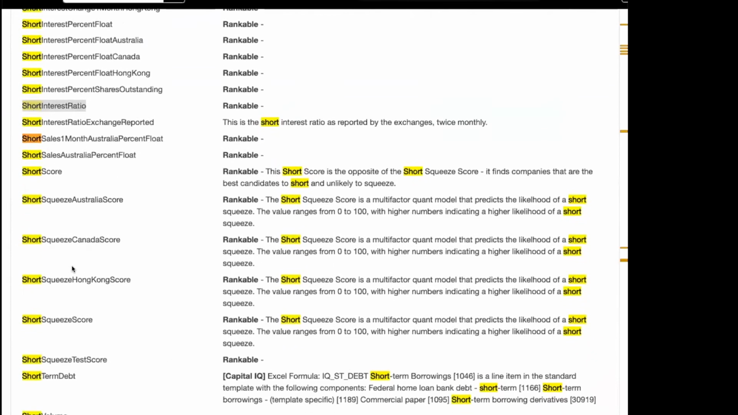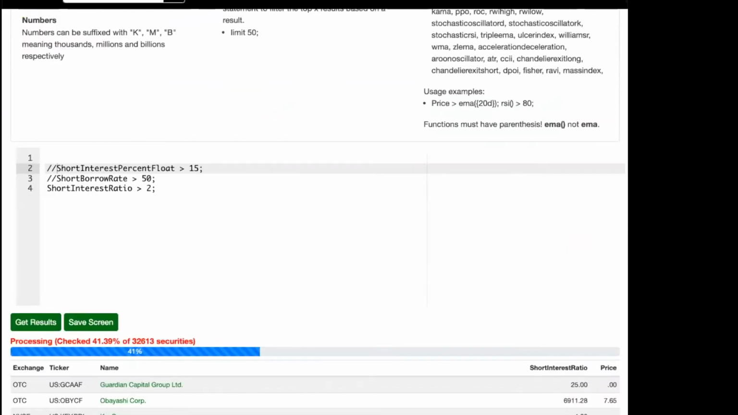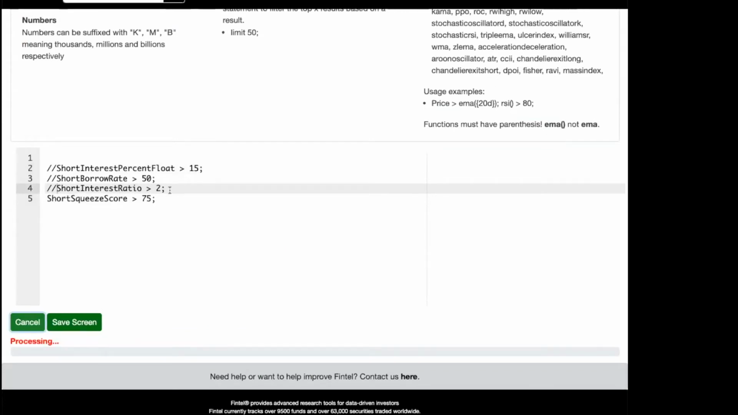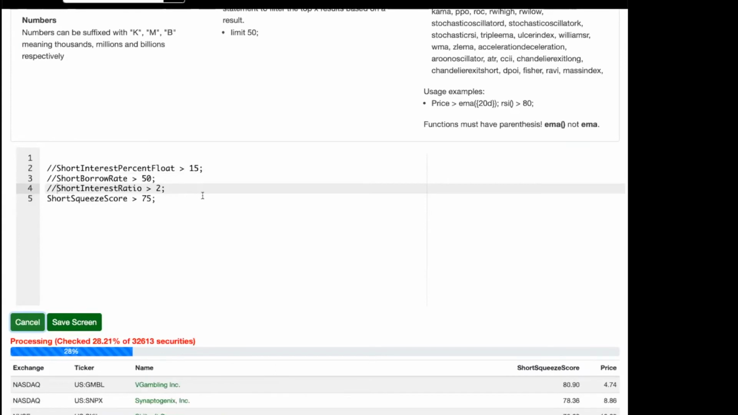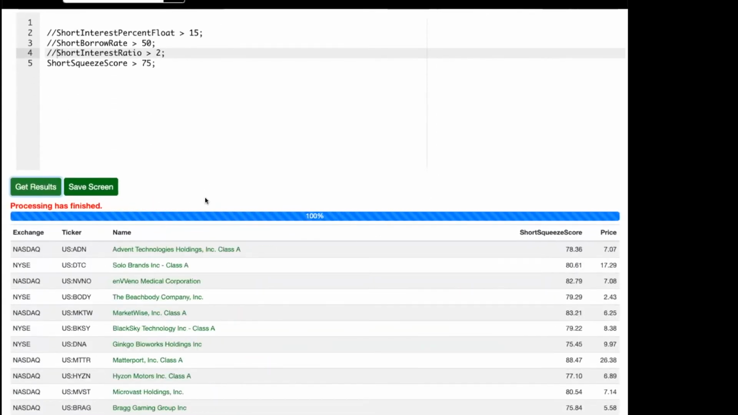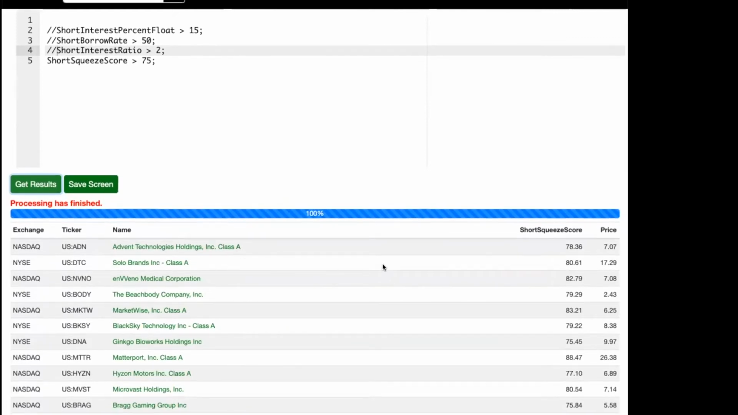Then we have this short squeeze score, which is our best estimates on the most likely companies that are going to squeeze, if any are going to squeeze. You can do this. Okay. And this score is basically a score from 0 to 100, and it looks at the borrow rates, it looks at the short interest percent float, and other things to figure out who's likely to squeeze. Order by